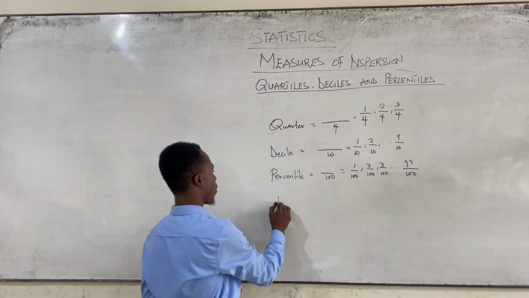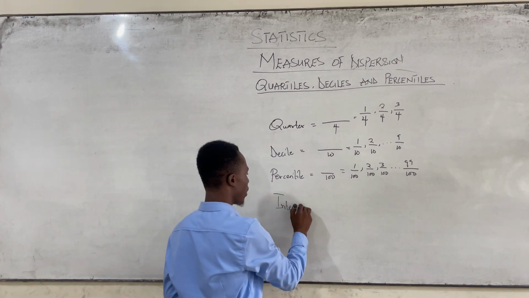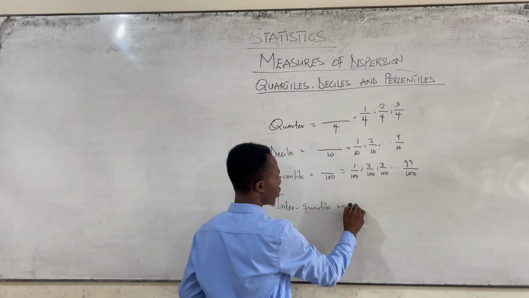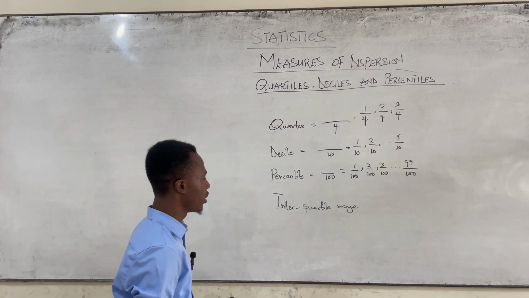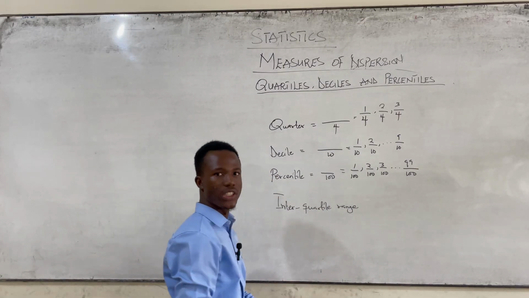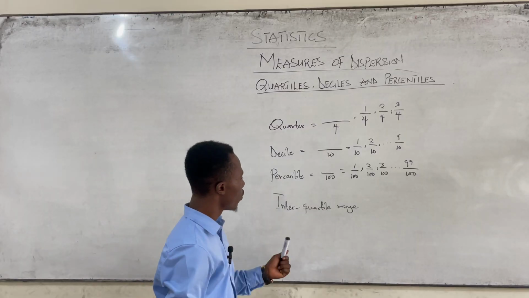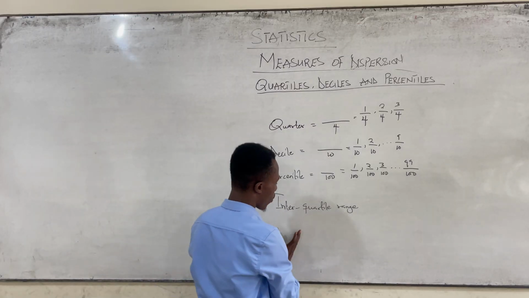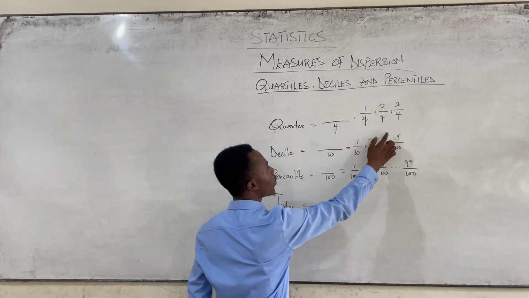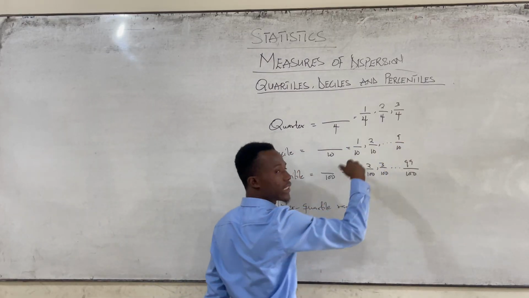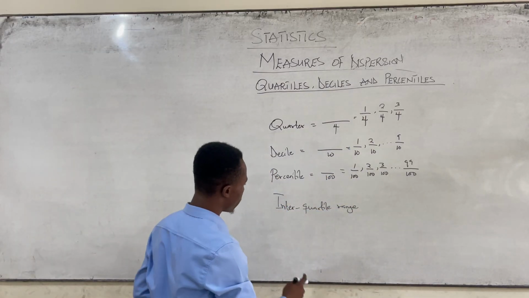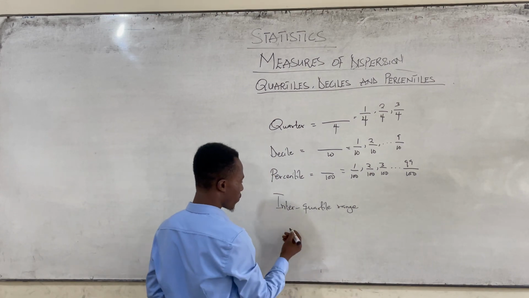With quartile, we'll be looking at some items. One is interquartile range. When you hear interquartile range, one part is talking about quartile and the other is talking about range. You calculate range as the maximum, or the highest, minus the lowest. From the quartiles, 3 over 4 is the highest and the lowest is 1 over 4. So before you get interquartile range, you have to calculate for